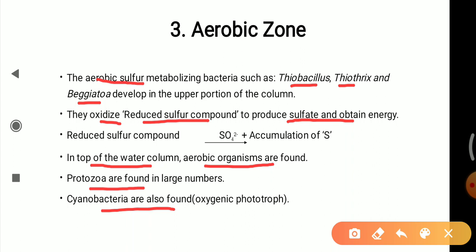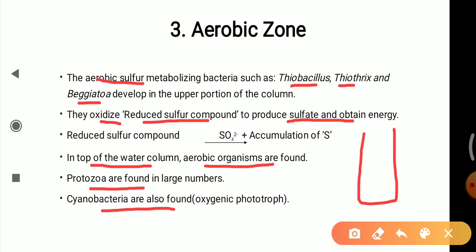Further, these organic acids will be utilized by the sulfur reducing bacteria as an electron donor, and then they will liberate H2S. The H2S that is liberated will diffuse in the column from the bottom to the top, and oxygen will diffuse in the column from the top to the bottom.